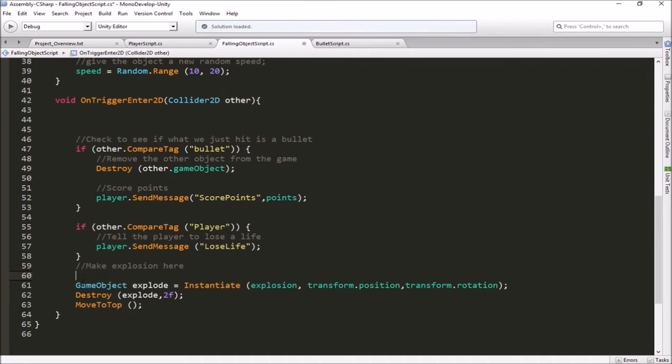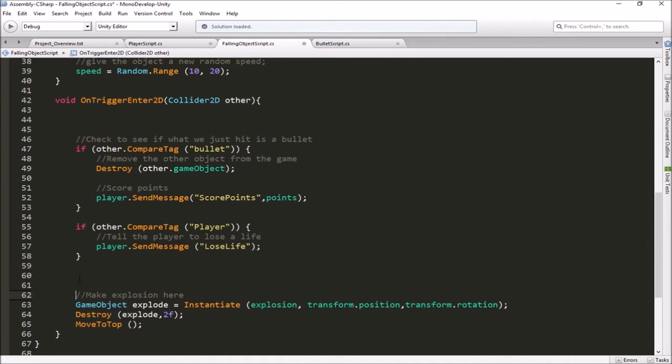Let's move this down, actually keep that together. Let's just move that down. So check to see if the other object was not a falling object before the explosion happens here. Okay, so we're going to do an if statement here, and what we're going to do is we're